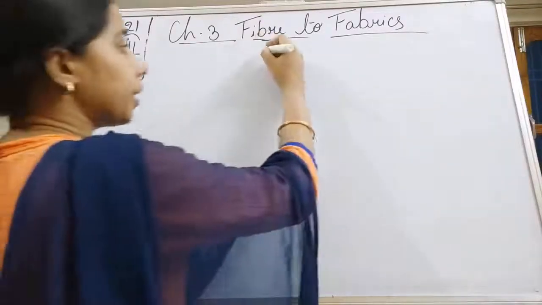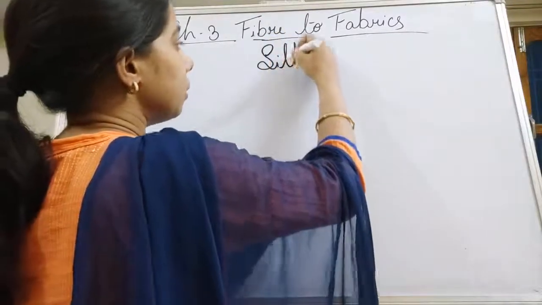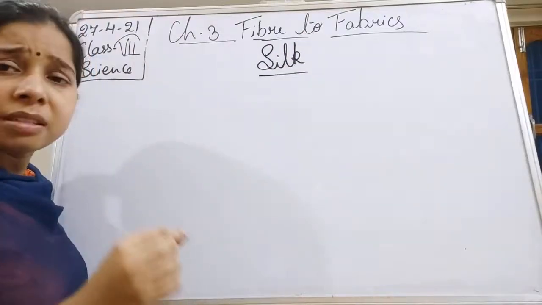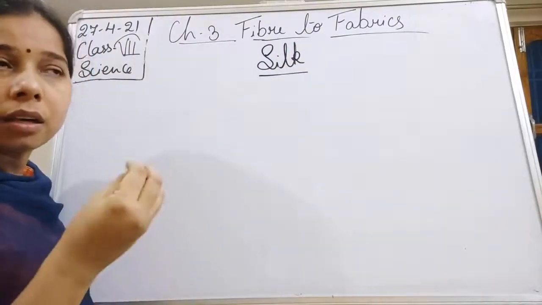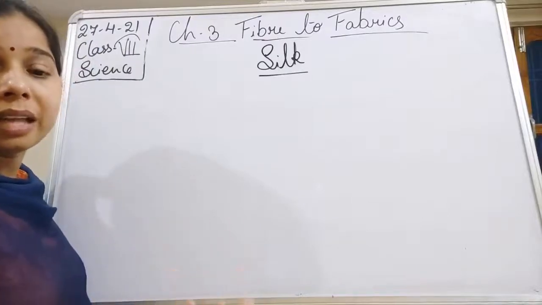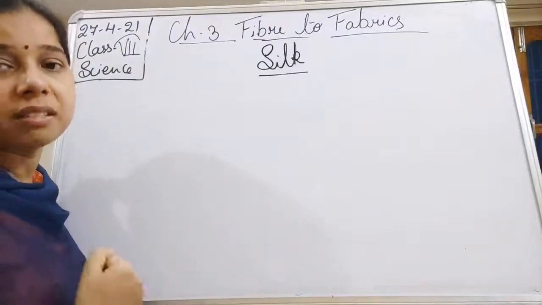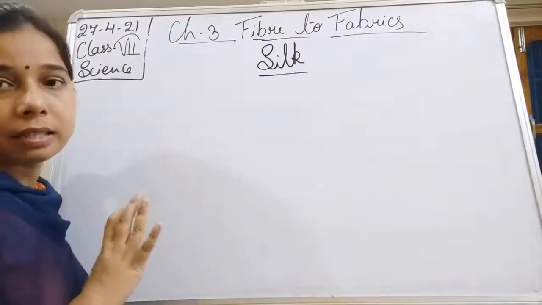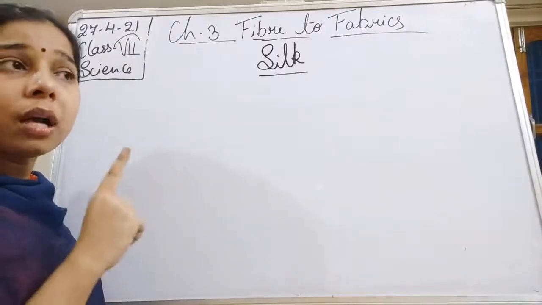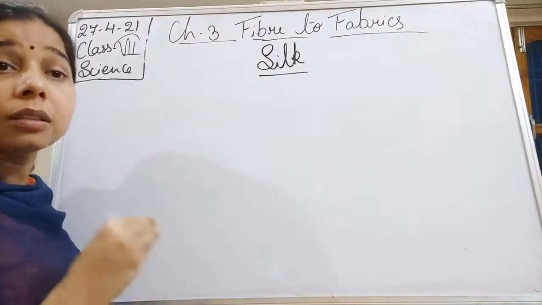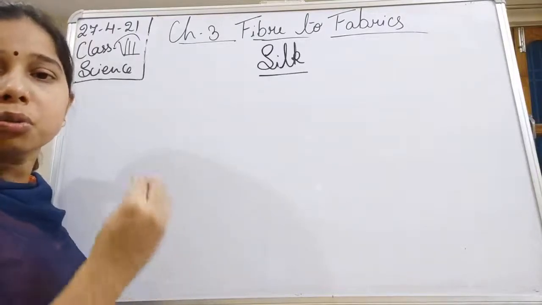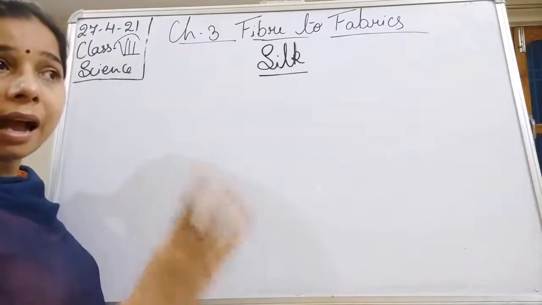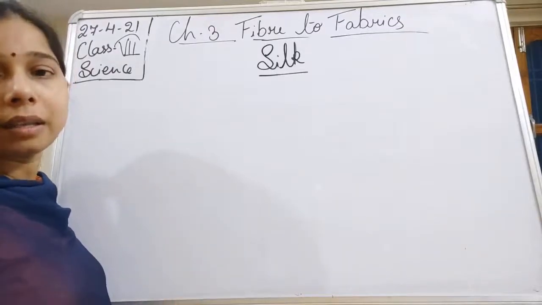Then we have started to understand another thing, and that is silk, students. What is silk? Silk is the fine lustrous thread that we obtain from the silkworm. Let me tell you what we have discussed earlier. The silk moth lays eggs on mulberry leaves. Now, this egg hatches and from it a larva comes out.